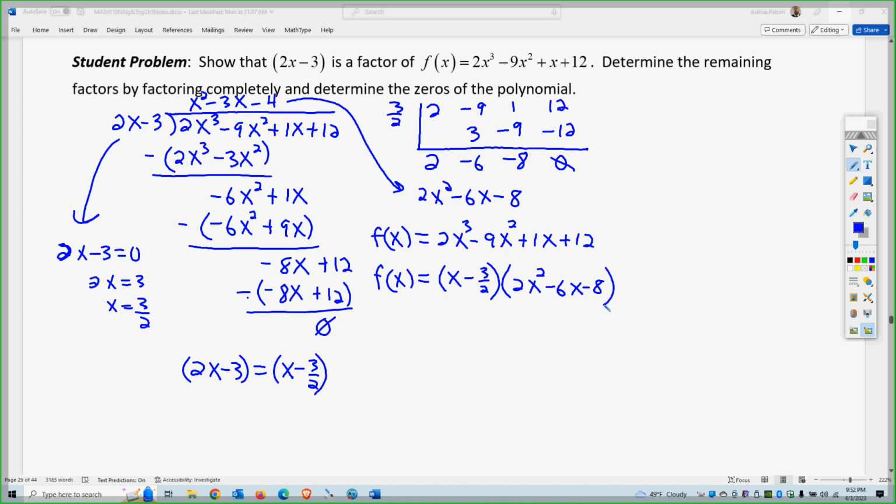So f of x equals x minus 3 halves, and I'm going to factor out a 2. So I'm left with x squared minus 3x minus 4. Perfect. Now we just need to factor that, right? So f of x equals 2, x minus 3 halves